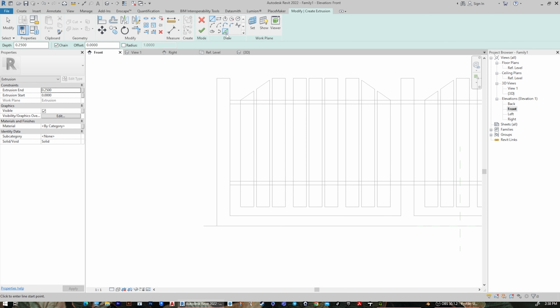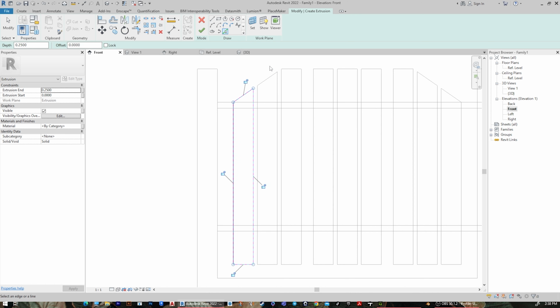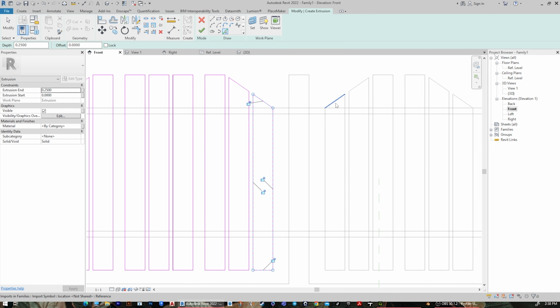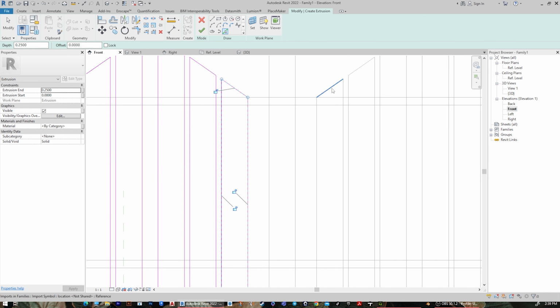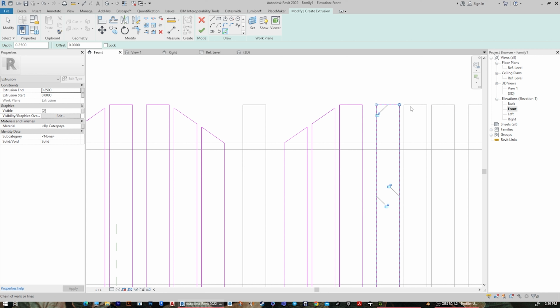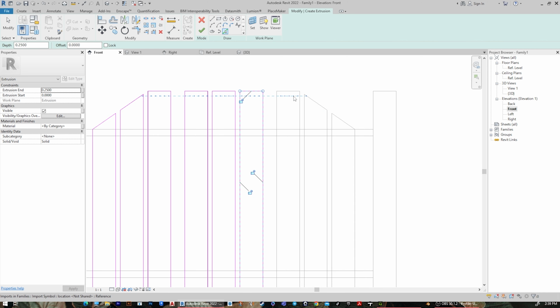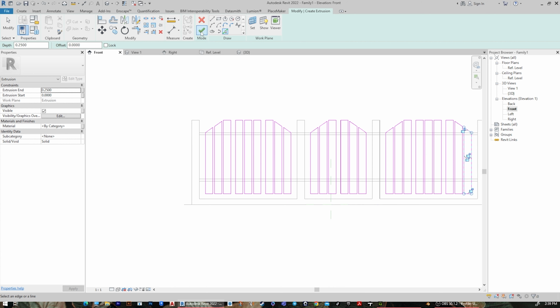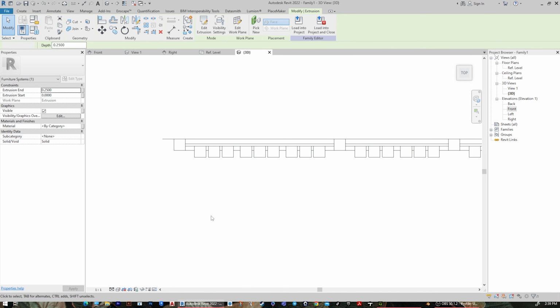Choose this one, then pick lines, press tab to select multiple lines, then press finish. Go to 3D,